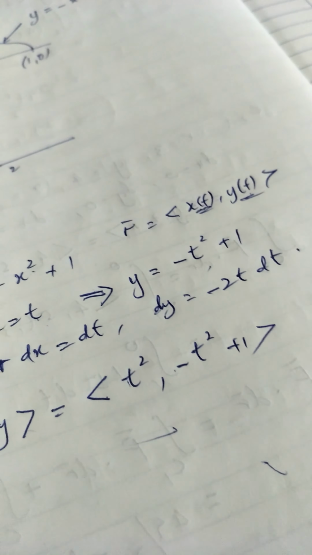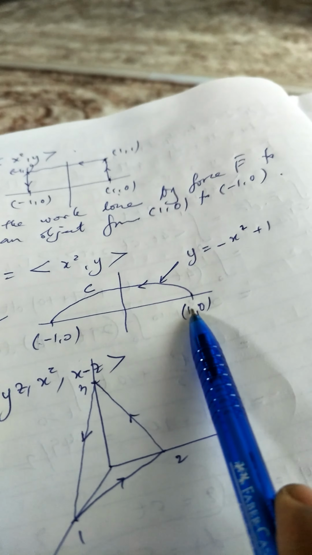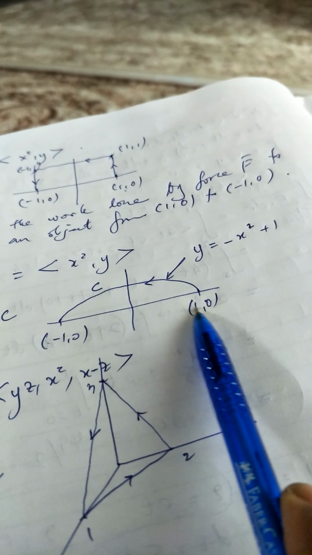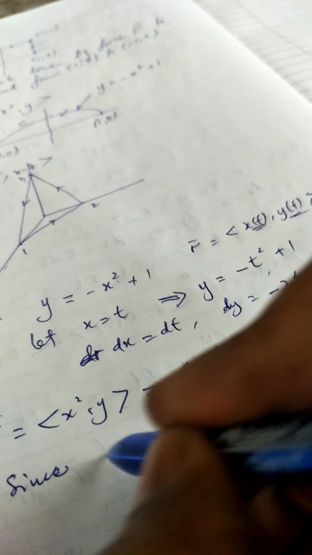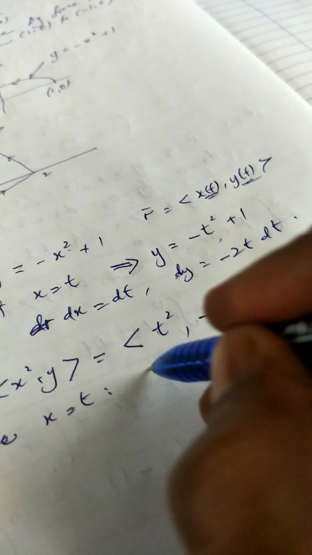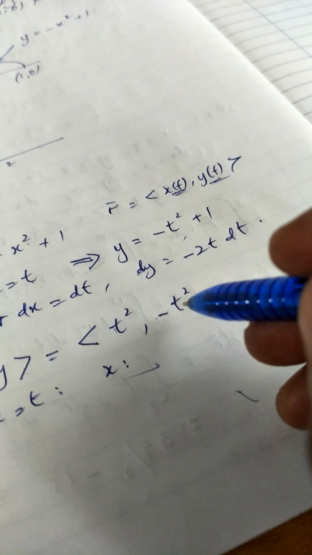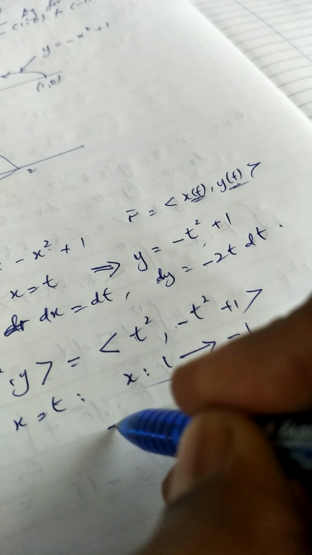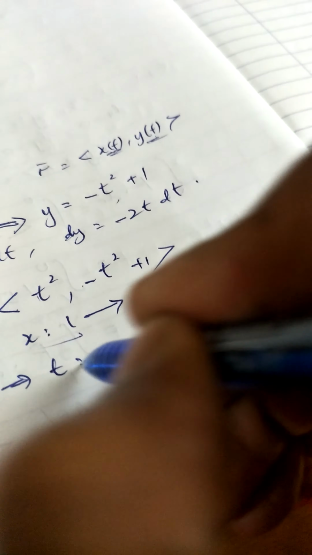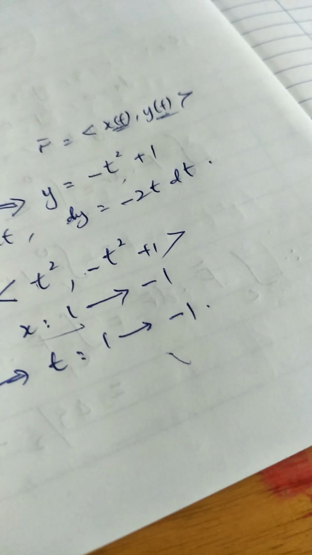Okay, what about the limit of integration? You can choose from here x from 1 to minus 1. Okay, since we let x equal to t and x from 1 to minus 1, so which means t also from 1 to minus 1. Okay, so